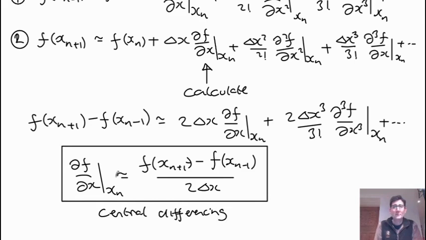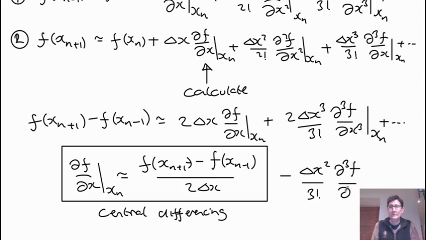So it's central because in order to calculate a derivative at xn, we're using points either side, symmetrically to both the right and the left. But there's an error associated with this, which is the other terms that we missed out. And so here we have a term where we divide it through by 2 delta x, so we have a delta x squared, 3 factorial,